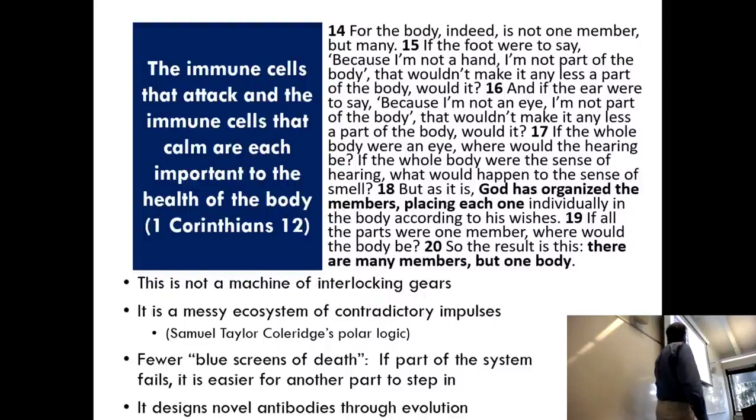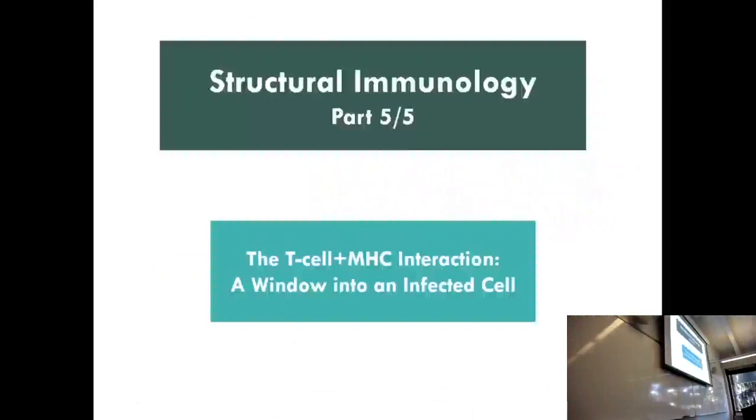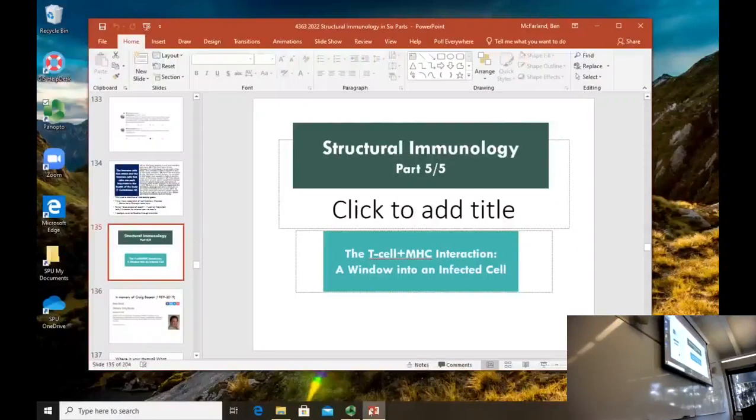The idea is that the system is messier, but it's also less prone to complete collapse. Because if you don't have to be 0% or 100%, if you can live with being 90%, 80% right, your body can continue. And continuance is the point, not perfection. And this is how evolution works at the big scale. And at the cellular scale, it's how evolution even makes antibodies, if you remember how the clonal selection works. So that is the part that